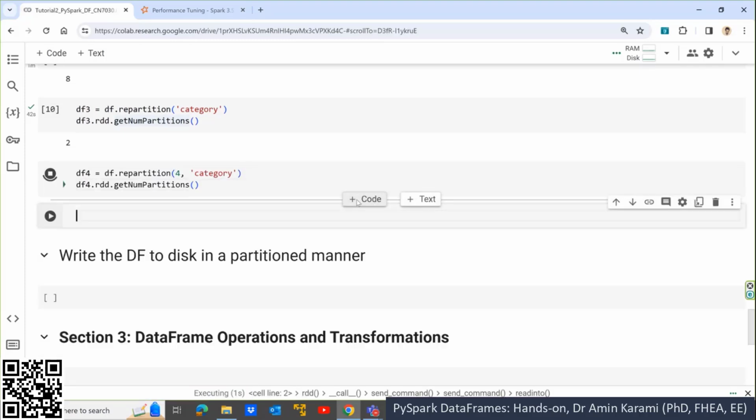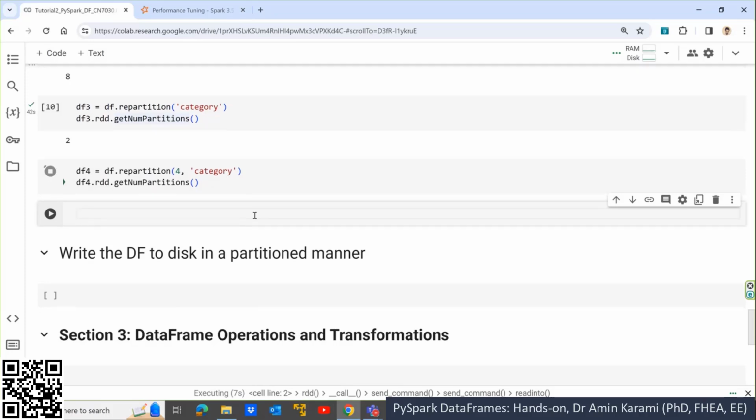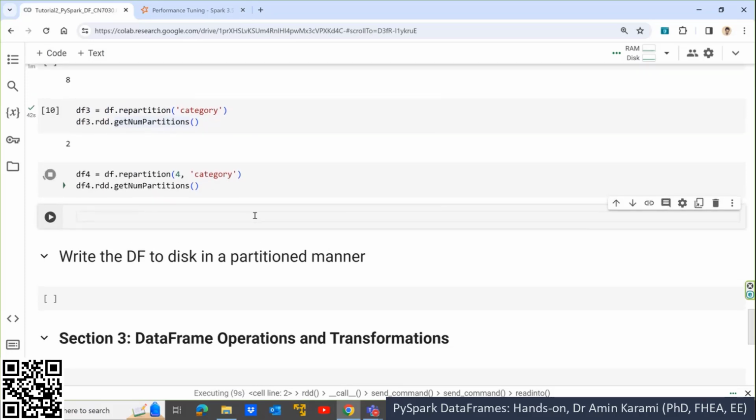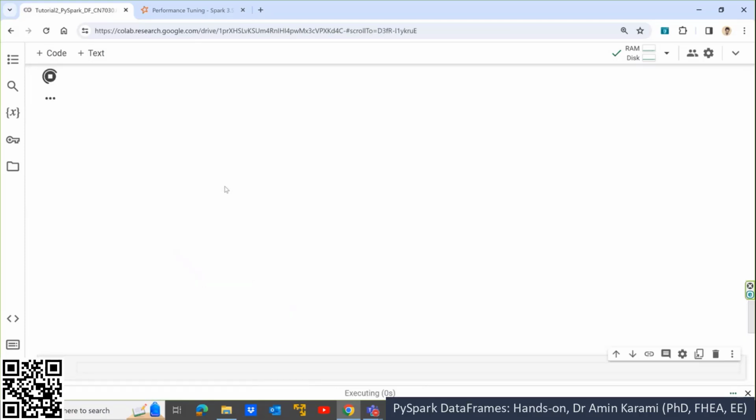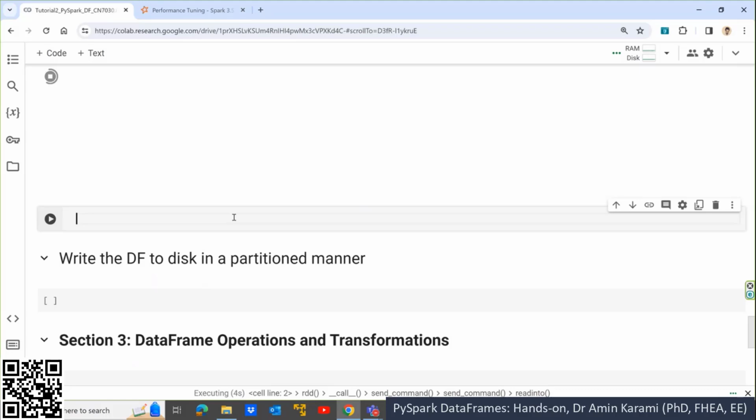And one more thing that we can do here is about... okay, what I'm thinking, let me stop this one and change 4 to 6. All right, and let me run it with 6 partitions. All right, so one more thing here, we have one more, let me name it df5. We have one more method. We call it df dot repartition